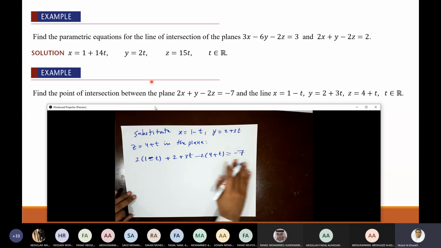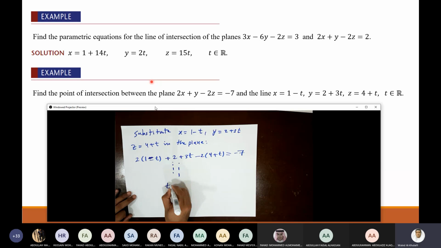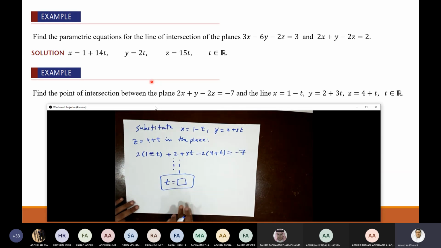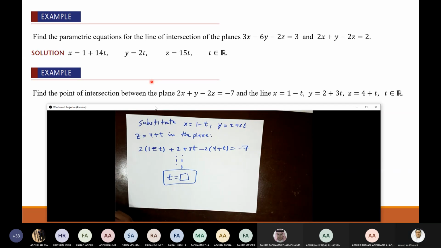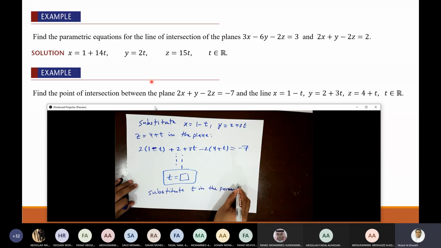Okay, so now you have an equation in t. You solve this. You will get t equals something. Definitely you get only one t. And then what, Shabab? Anyone, what should I do next? Substitute the value of t in x1. Substitute, yes, t in the parametric equation